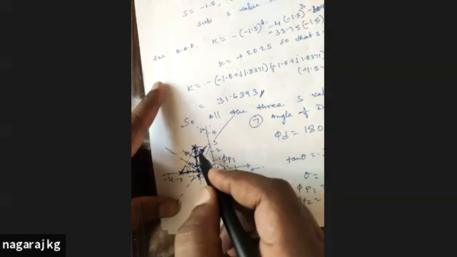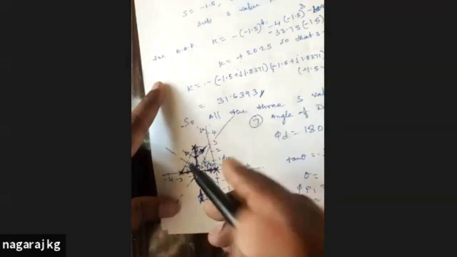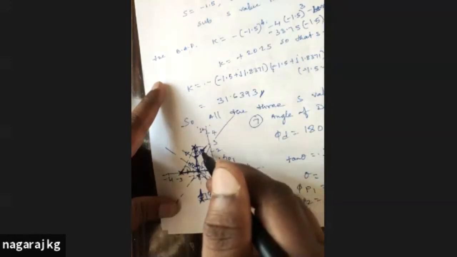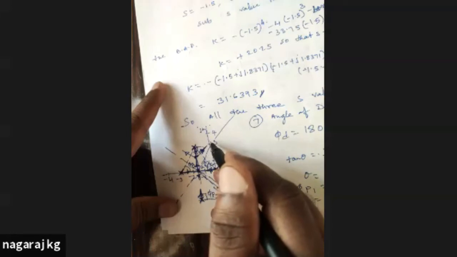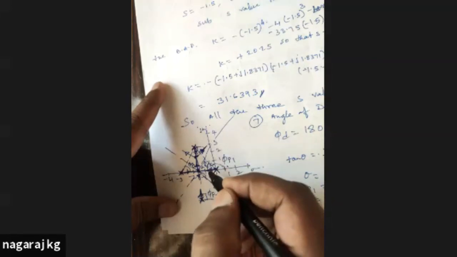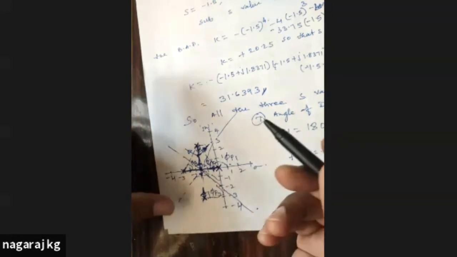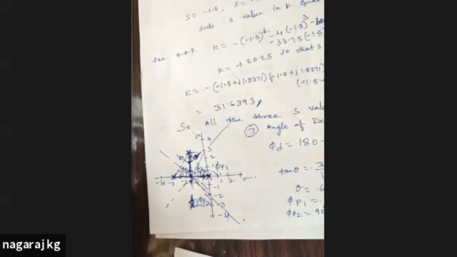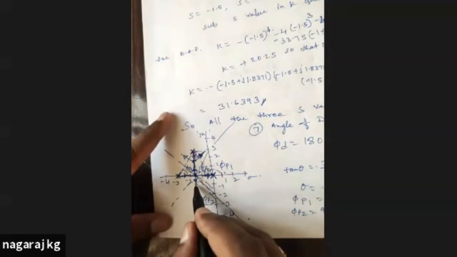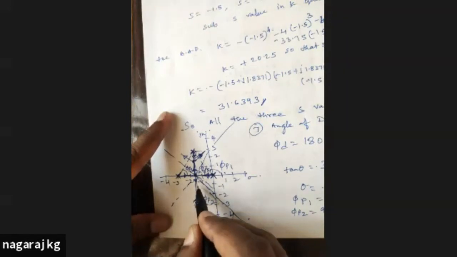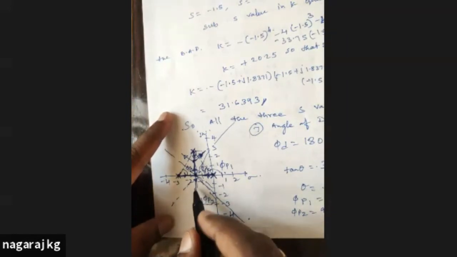So on the right hand side, you can see the root locus has to cross the imaginary axis. So you have to find the root locus crossing the imaginary axis. This is the next step. Root locus step number 8 is to find the root locus crossing the imaginary axis. And in the same way, you can continue in the lower part also.